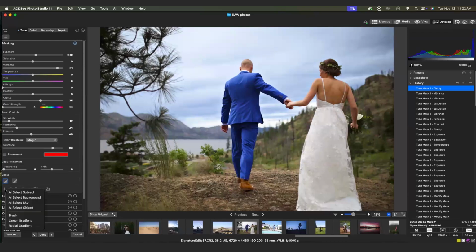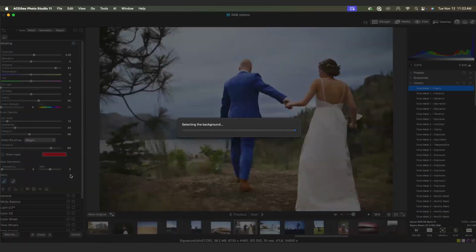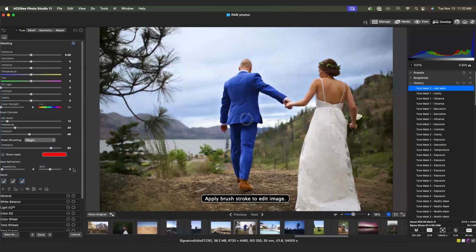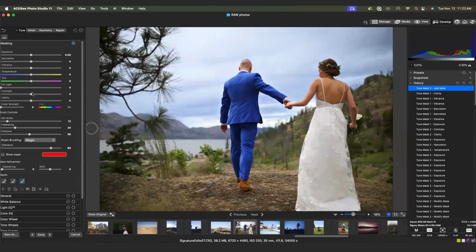Maybe I can do something to the background. So if I click on the plus icon right here, I'm going to add AI select background. And now I have everything but the bride and groom selected. So maybe I will add a bit more saturation in this case to bring those greens. And this is the nice thing about being able to separate what you're editing, that you can affect